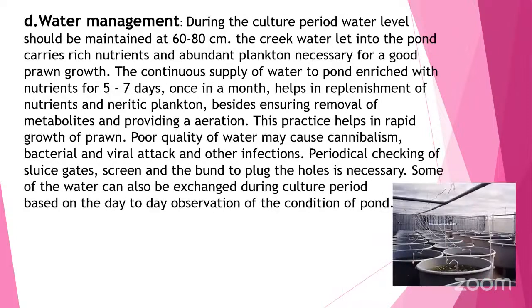Next is water management. During the culture period, water level should be maintained at 60 to 80 centimeters. The creek water let into the pond carries rich nutrients and abundant plankton necessary for good prawn growth. The continuous supply of water to the pond enriched with nutrients for 5 to 7 days once in a month helps in replenishment of nutrients and in nitrifying plankton,